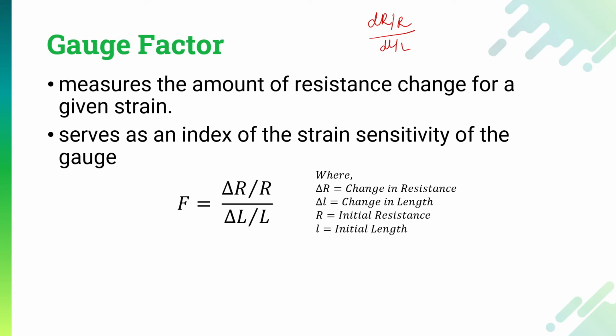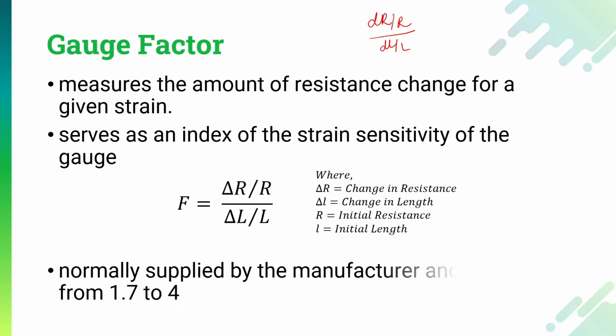When we talk about the gauge factor, a higher gauge factor gives us two major advantages. First, a higher gauge factor represents higher sensitivity of the gauge. Higher factor, higher sensitivity; low factor, low sensitivity. It also offers one more important thing, the higher electrical output, which is very helpful for recording and indication. That's why a higher gauge factor is recommended.